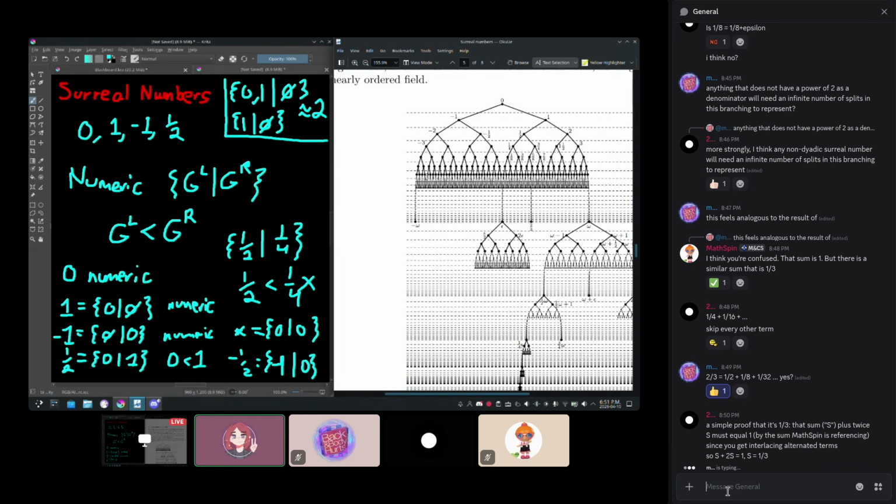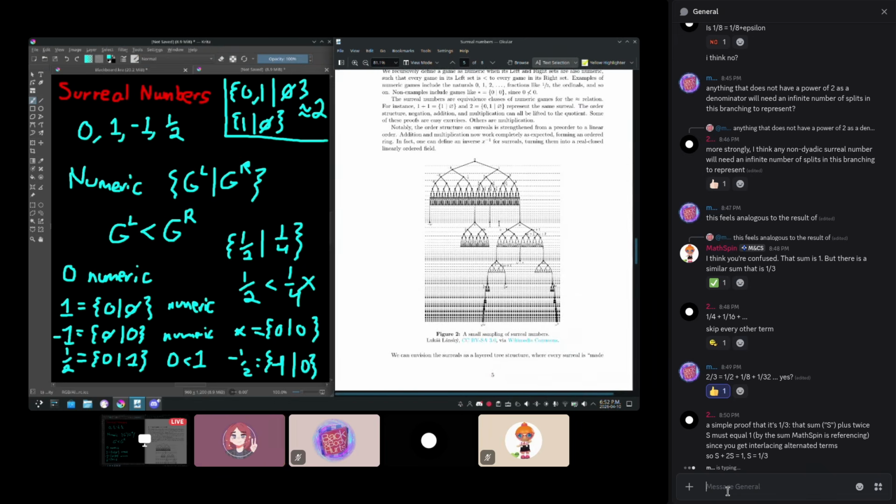And I kind of wish that I could explain what the branches actually mean. They're related to this notion of what's known as the simplicity relation in surreals. But again, I think I am going to have to do a part 2. It's almost been 2 hours. That's kind of insane. So let me just quickly go over things that you can do with the surreal numbers.